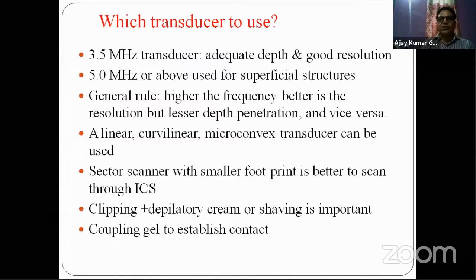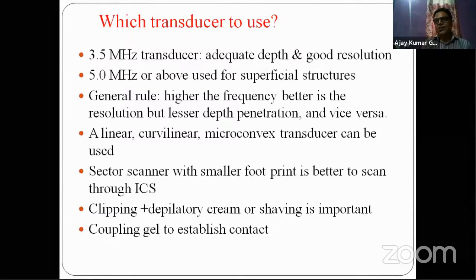For routine use, we can use a 3.5 megahertz transducer because it provides adequate depth and good resolution. But this is not fixed. You can use a 5 megahertz transducer or even higher frequency transducers for examining superficial structures like liver, spleen, sometimes even intestines. The general rule of ultrasonography is that the higher the frequency, the better is the resolution, but the depth of penetration